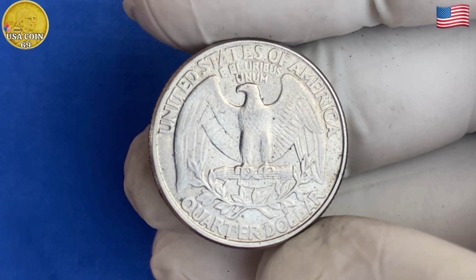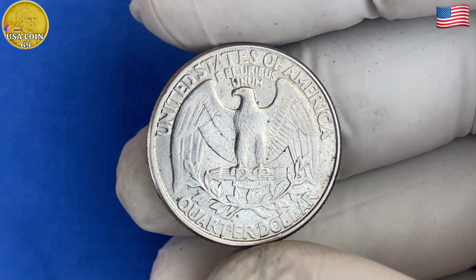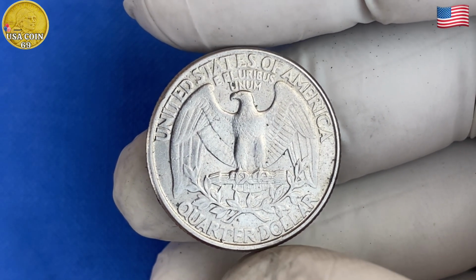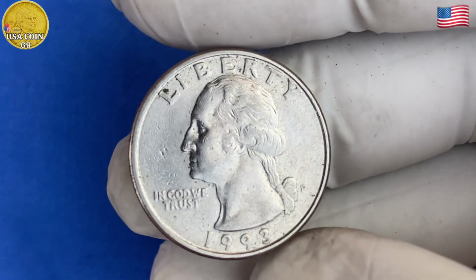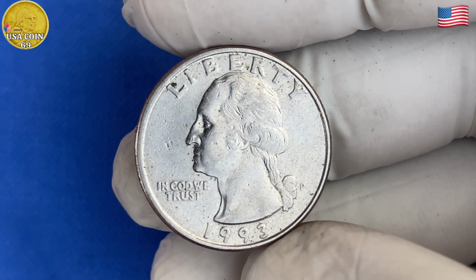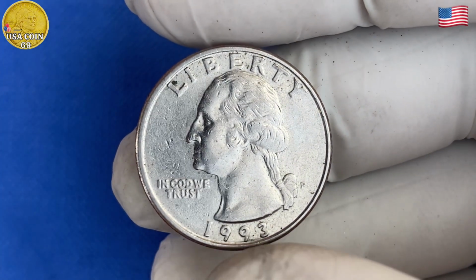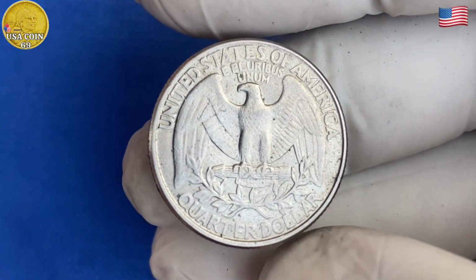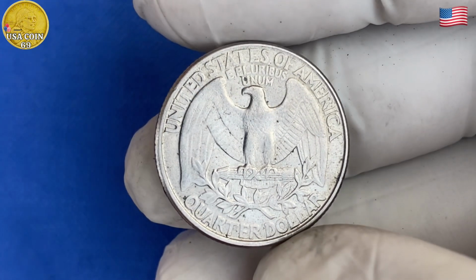But there's another element that can elevate the value of the 1993 Washington quarter even further: minting errors. Minting errors happen when something goes wrong during the production process, resulting in a coin that has some kind of flaw or irregularity. These errors can take many forms, such as double strikes, off-center images, or even missing design elements. When a minting error occurs, the result is a coin that stands out from the rest, and this uniqueness can make it incredibly valuable to collectors. If you happen to find a 1993 Washington quarter with a minting error, it could be worth far more than